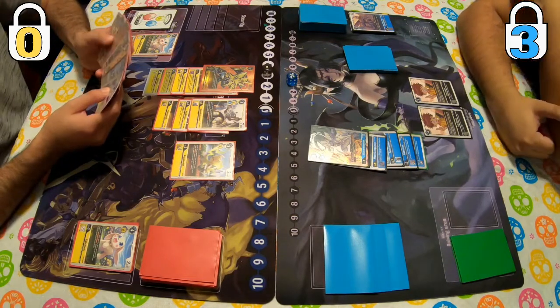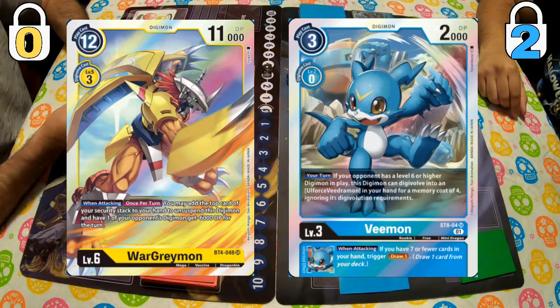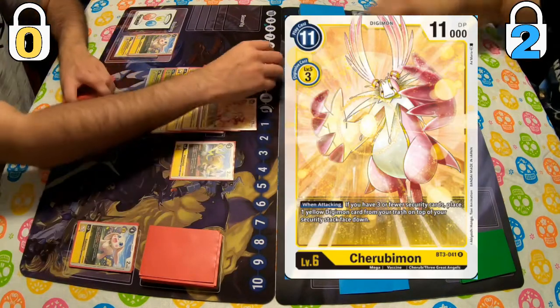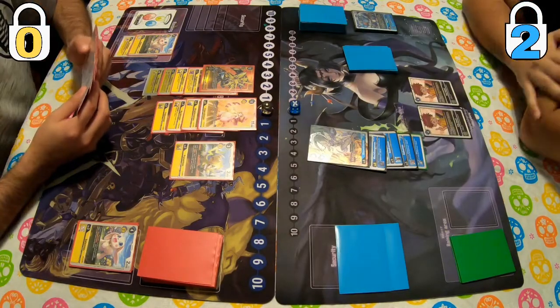And you guys will see how that works out. So there we go. Resolve attack, clash into a Vmon. Not sure why he didn't block there, since he could have. And here we go. Here is my strategy of this deck. Digivolve into a Cherubimon for 3, you go to 0. And now,